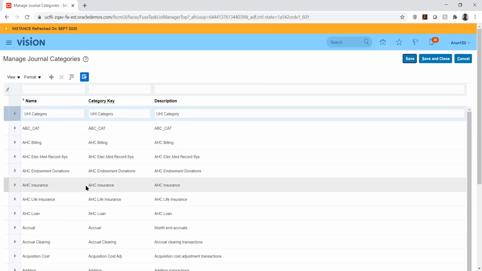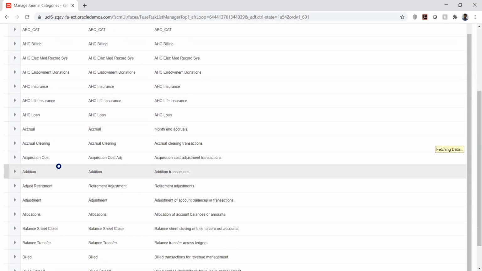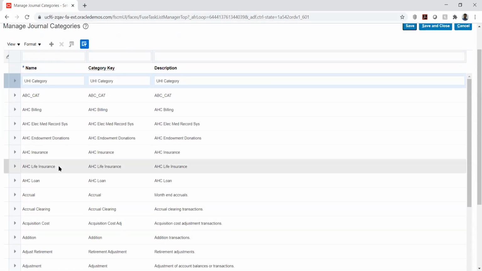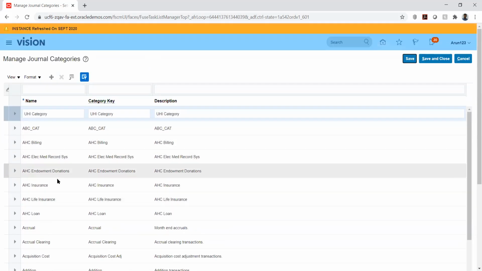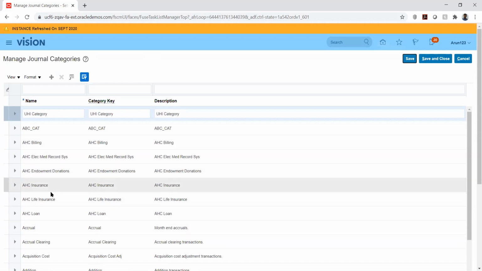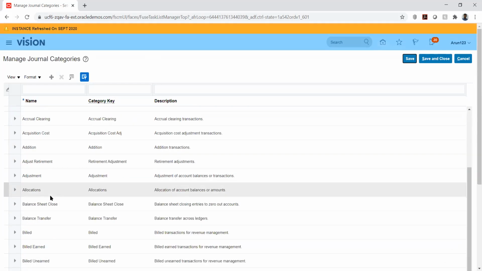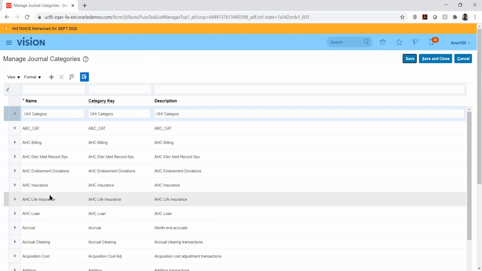Whereas here, we will not have this category because it is unique to the business. Similarly, the seeded ones are already there, like the accrual, the adjustment and the other things.